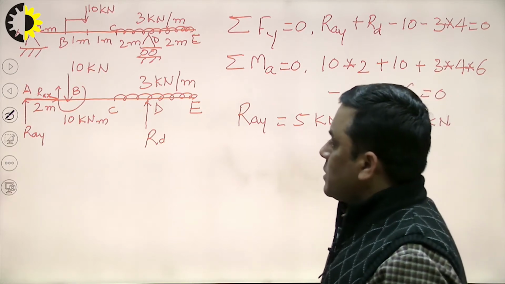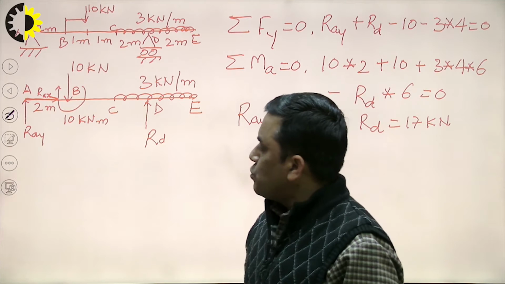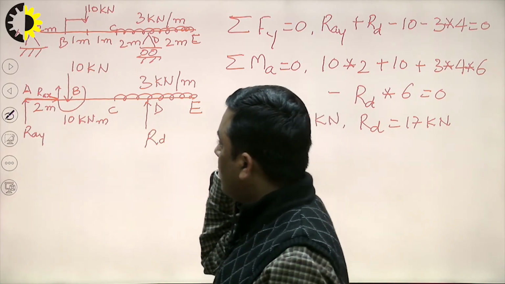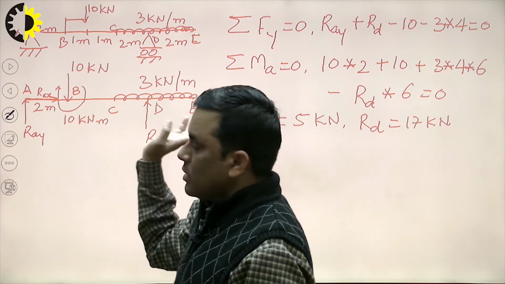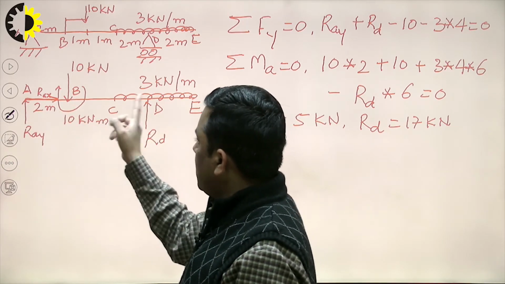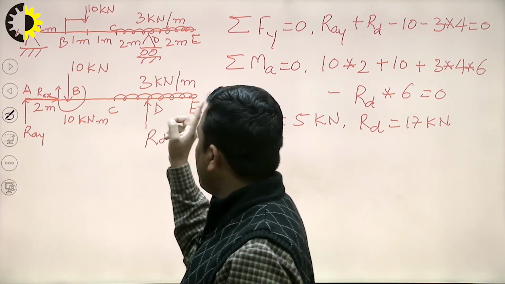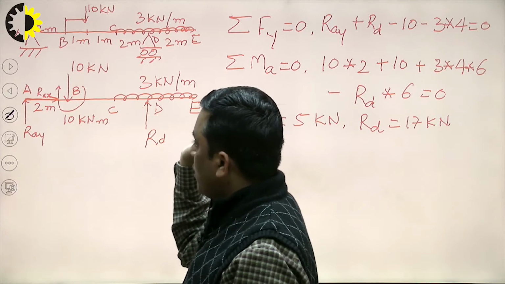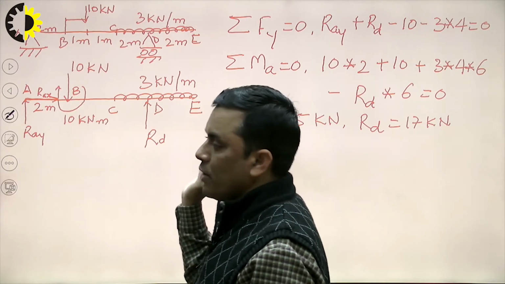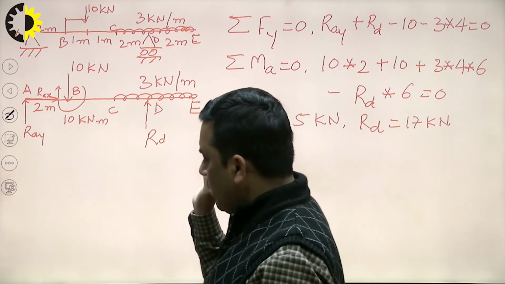Now moving towards the shear force and bending moment calculation. First I have to check from this diagram how many sections are required. Between A to B, we need one section plane. Between B to C, we need one section plane. Between C to D, another section plane, and between D to E. As and when the condition of loading is changing in the beam, we require one section plane to calculate the shear force and bending moment.